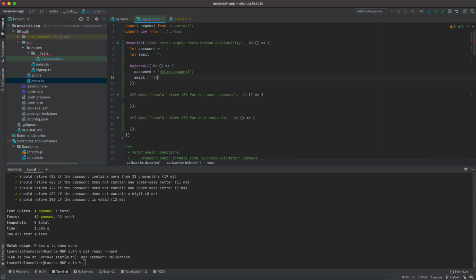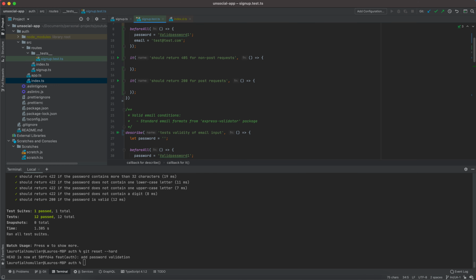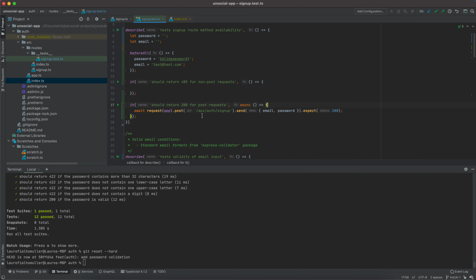And my email can be test@test.com. Okay. Now I can send this request to post, right? If I have a valid email and a valid password, then I should expect a 200. No big deal here. And with async,